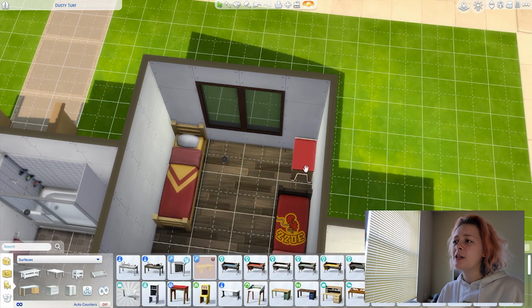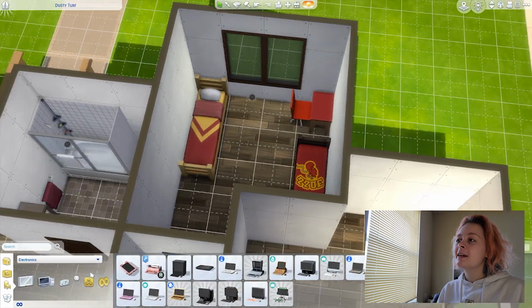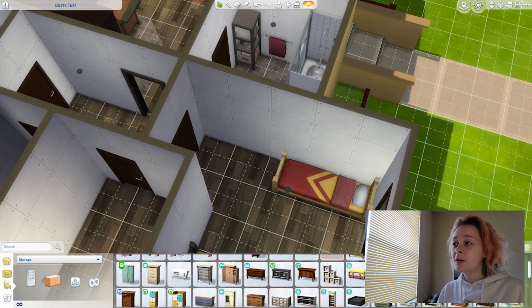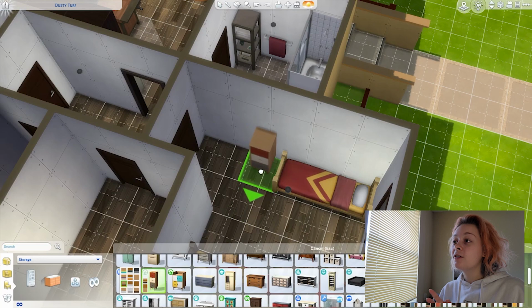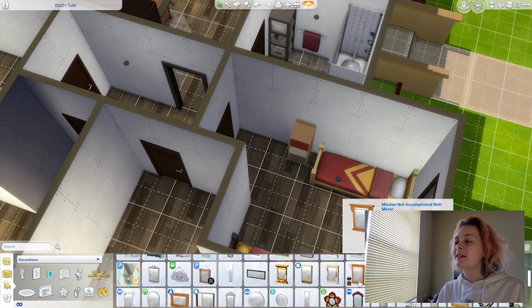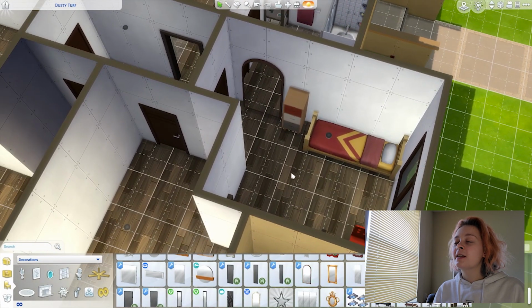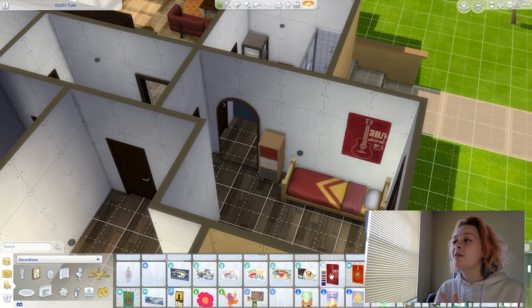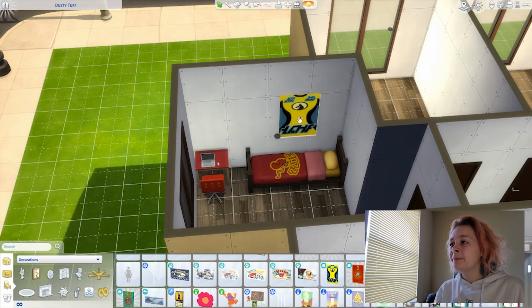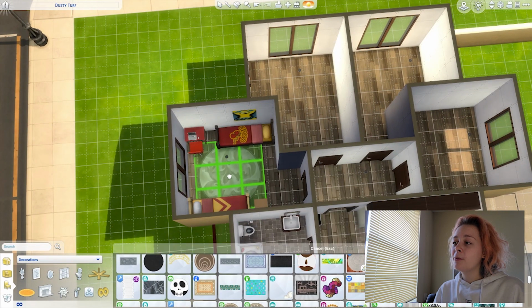So working on this front bedroom here, this is the bedroom of T.O. Norton and Mikey Dyson. T.O. Norton, when I created him, I had a musician in mind. I think he's going to school to study music history. I don't remember exactly what the degree is. I should have written it down when I went in after I created all the Sims in Create a Sim and actually sent them to university. I should have written down what I sent him there for, but something to help him with a musician career